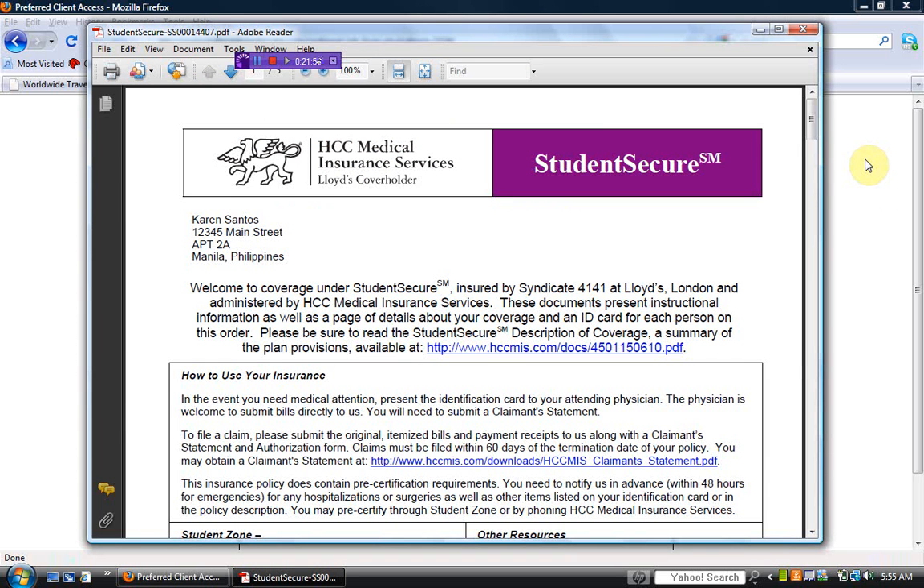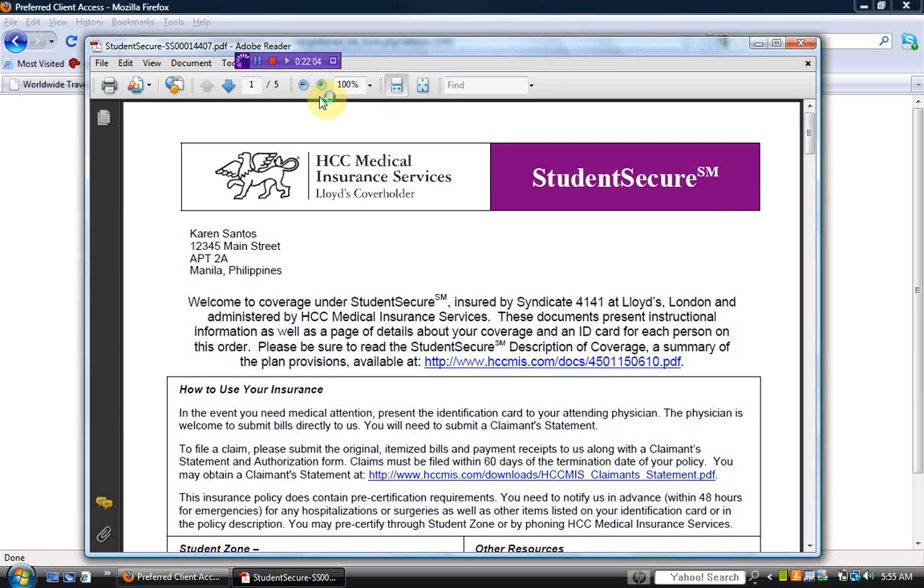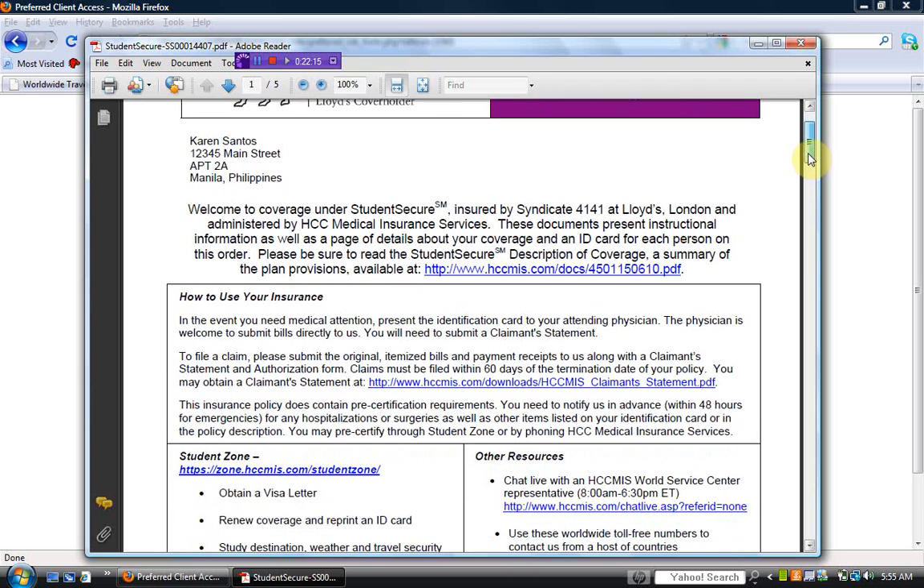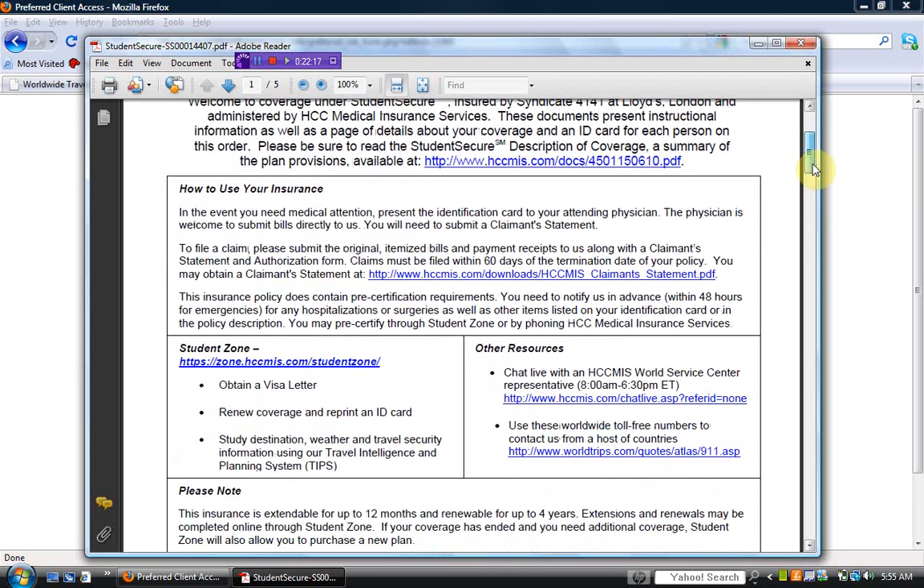So let's take a look at the summary document. You will notice that it's a 5-page document, and it's issued to Karen Santos with the address that we put in, and it's a StudentSecure policy. And it's spelled